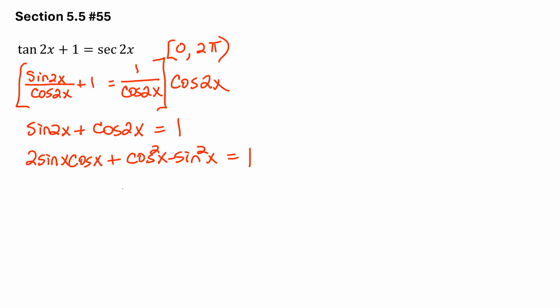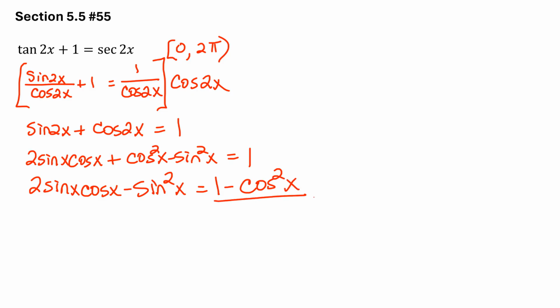And then I thought about the Pythagorean identities, that if I move this cosine squared x over to the right side, I'll have sine squared x over there. So just rewriting that, this would be just minus sine squared x. And then I move that cosine squared x over here, and then you can see that this right side is equal to sine squared x, because that's what that Pythagorean identity tells us. So if I move that back to the left side now as sine squared x, I'm going to have minus